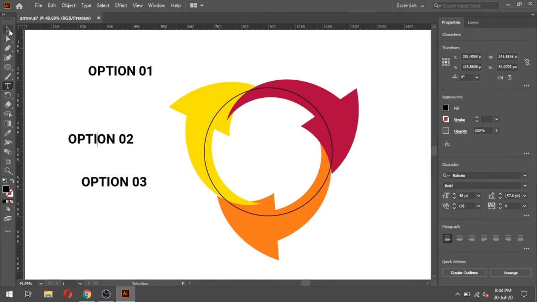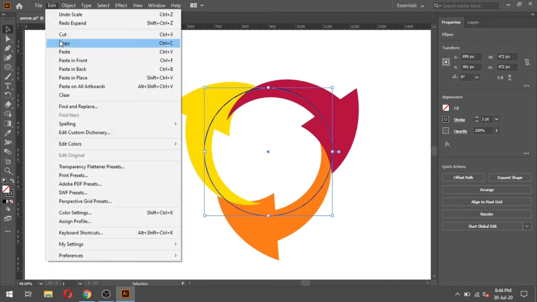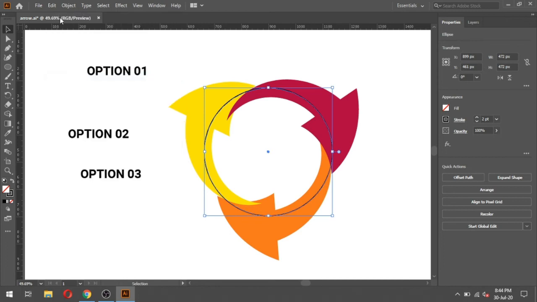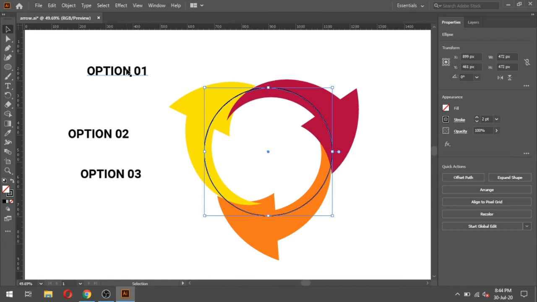Select the circle, copy and place in the same place. Again paste in the same place.